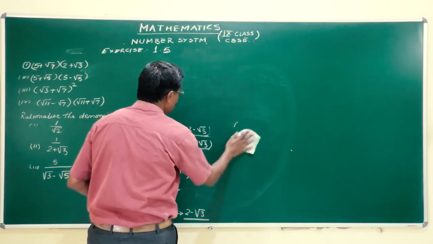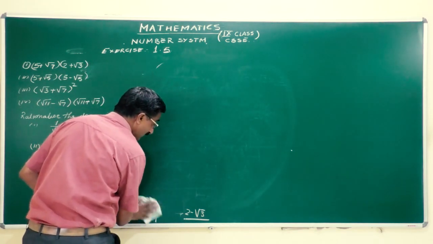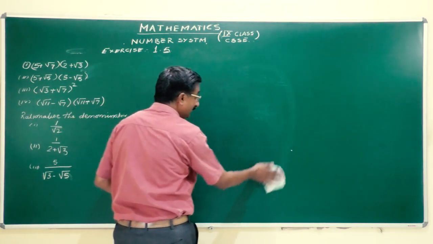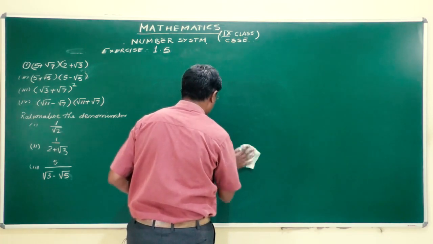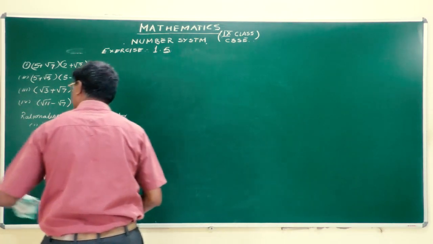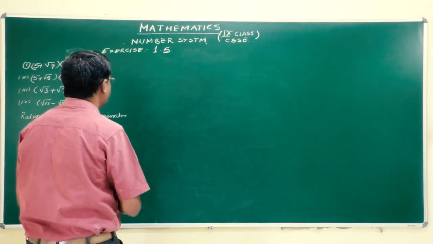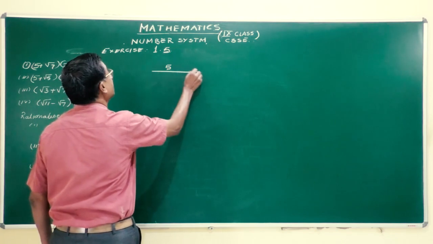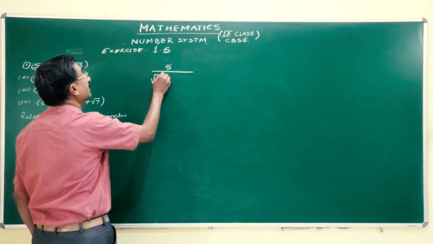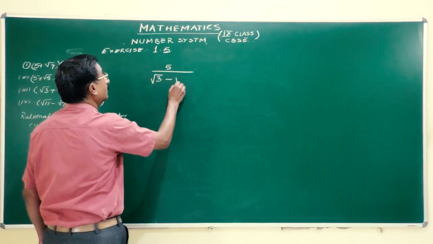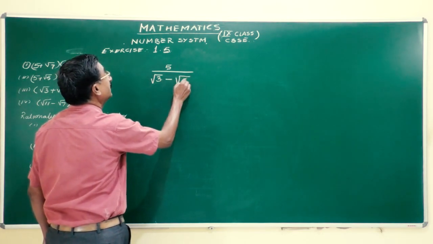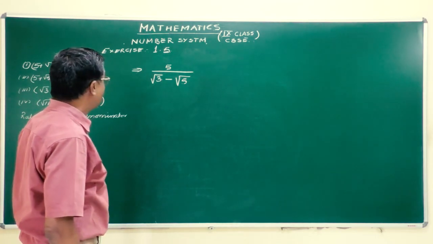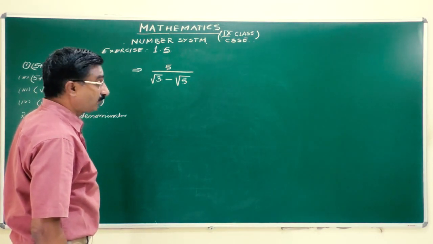It is slightly time consuming, but it's very interesting. So through the net you will get so many problems. They may be lengthy, but the procedure is the same. You have to concentrate on the plus minus sign while multiplying into the brackets. In your NCERT books, very simple examples are given, but conceptually all the concepts are covered in your book. So, 5 upon under root 3 minus under root 5.